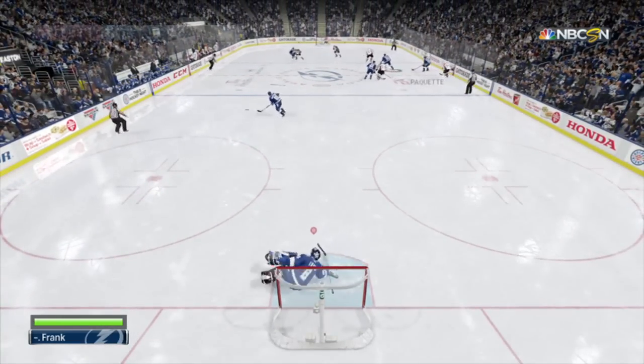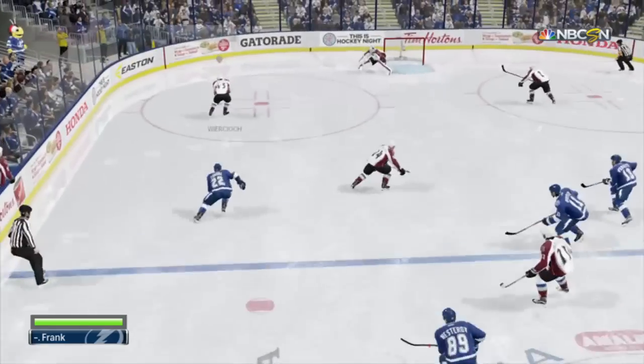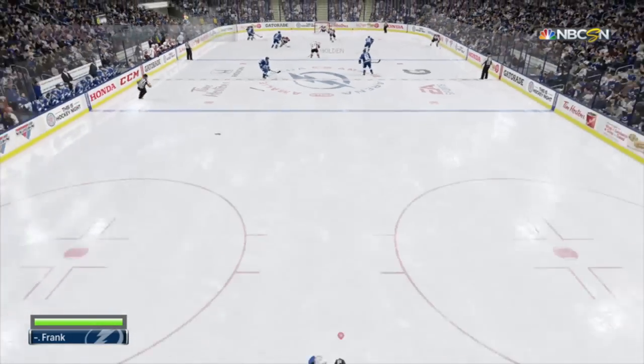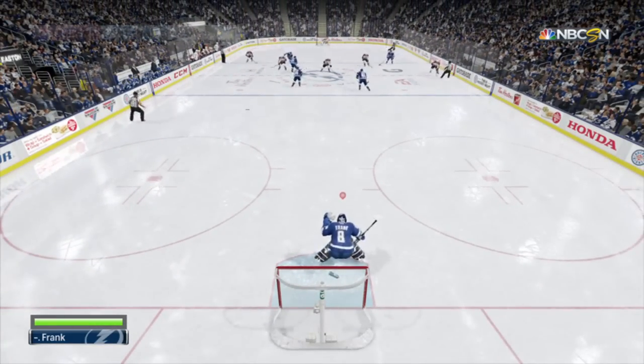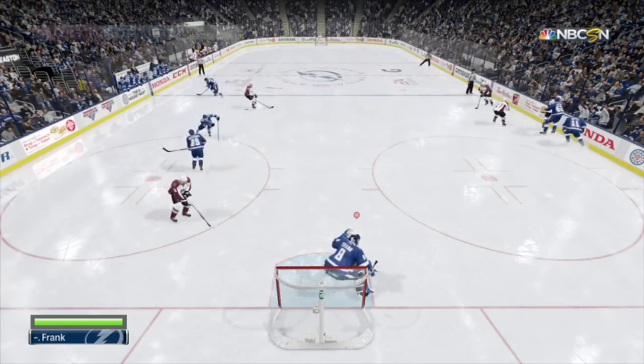They added momentum to the stack the pad save. So if I'm moving left here, you'll see I actually slide across the crease. That's great. It made that save viable. So if there was a 2-on-0 or a 2-on-1 and the pass happens to get through, I can stack the pads on the low side